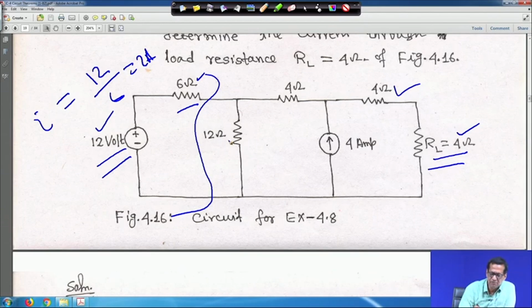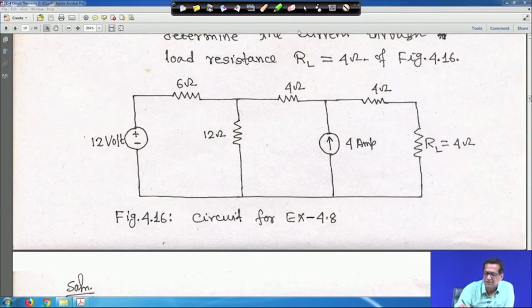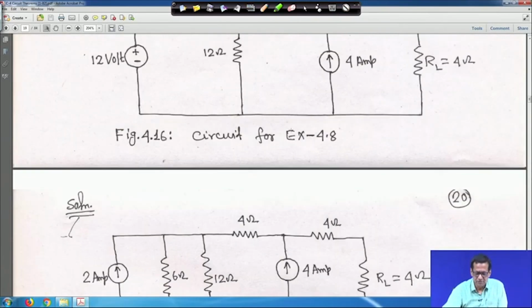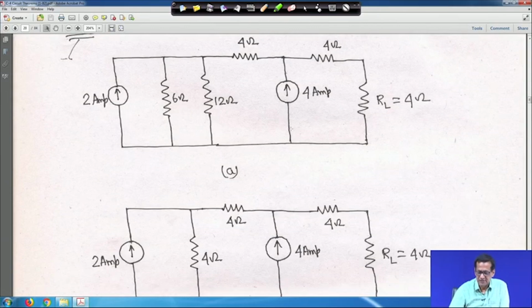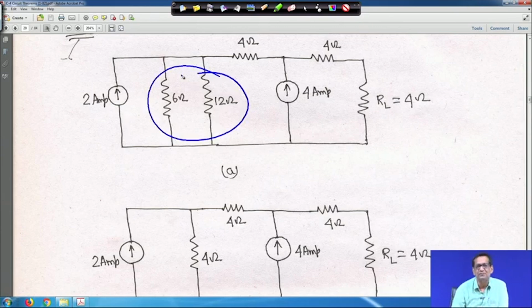So, if you convert this portion to a current source and a 6 ohm in parallel, look how the circuit will look. After this transformation, this is the 2 ampere source and this is the 6 ohm, and this 12 ohm is there, and this 4 ohm and this 4 ohm are there as they are. Now, once you have done this, then